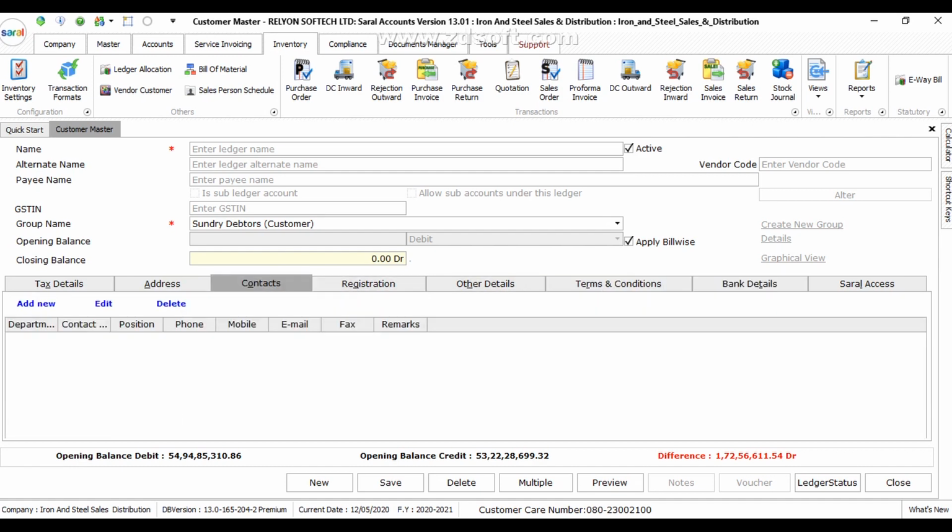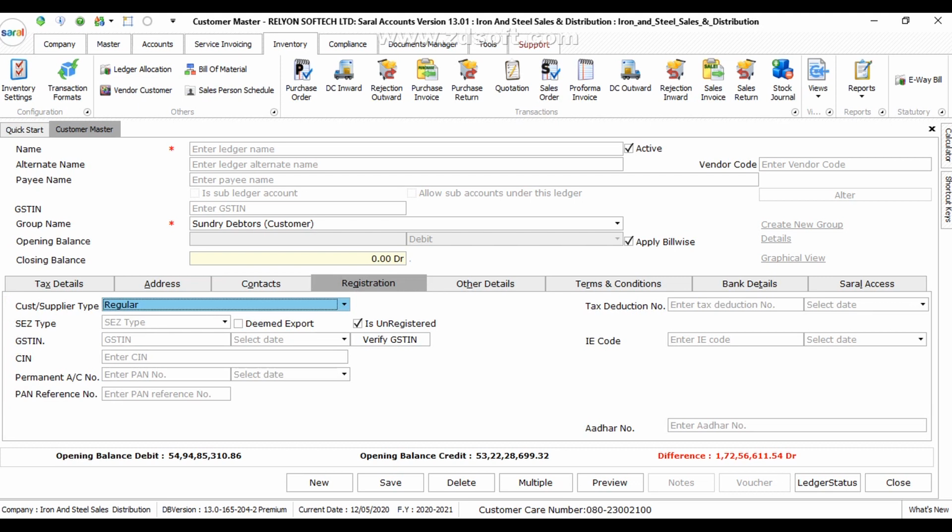Majorly here, the registration details are there. In these registration details, if you want to cross verify the GSTN number, we can type the GSTN number, then press the verify button.